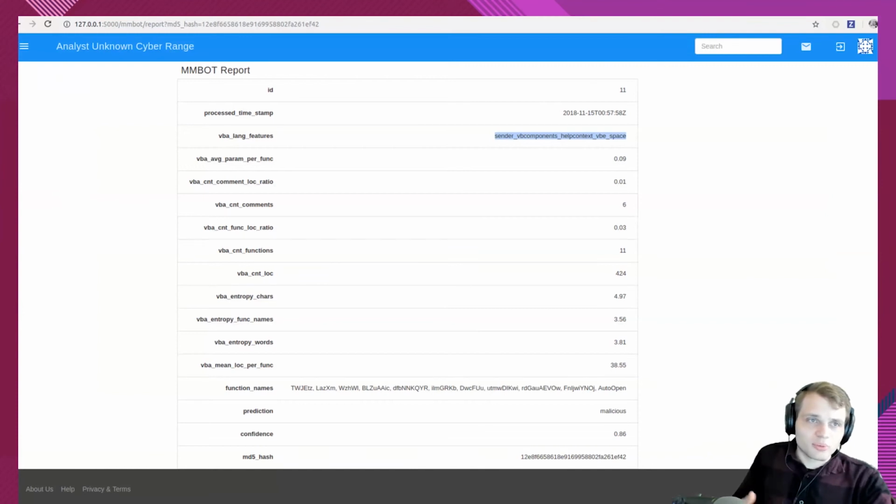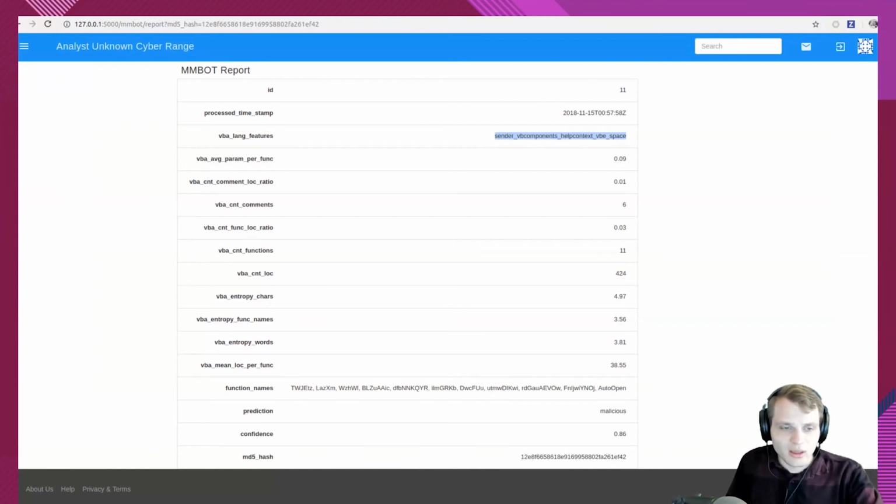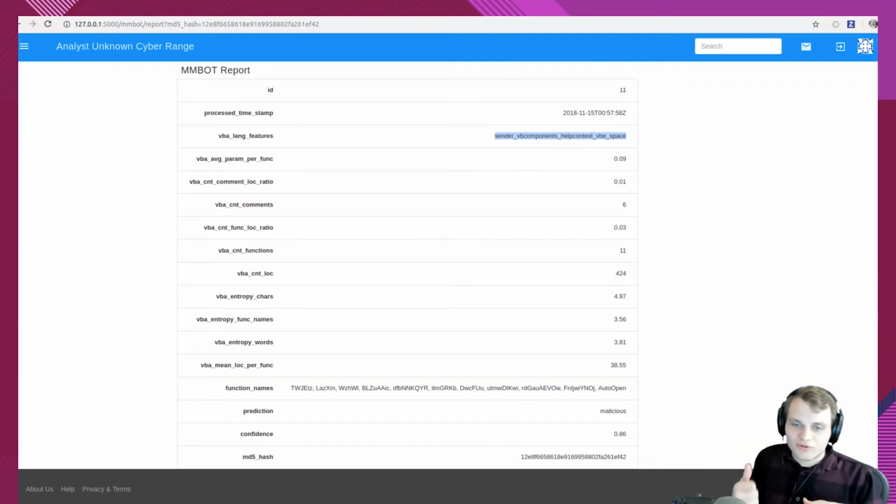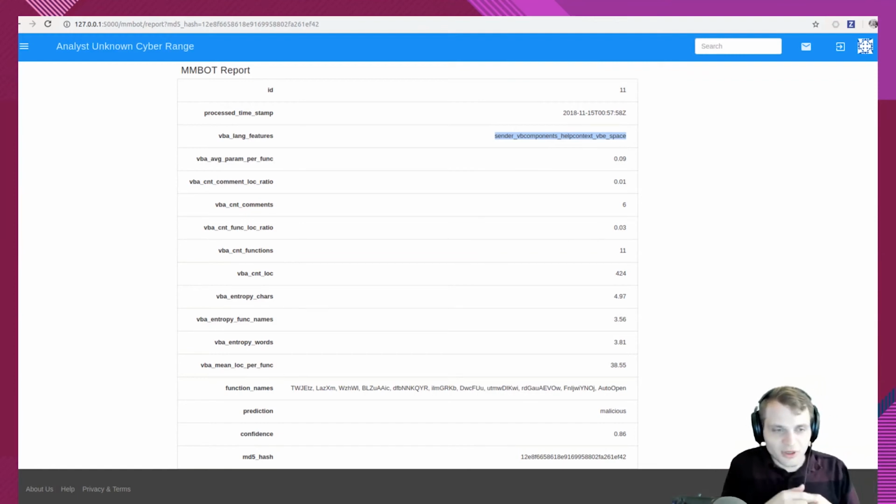Anyways, there's some other plugins that can assist you, like MMBot. This is a plugin that is a malicious macro bot. It shows you some basic stuff about macro-enabled Word documents, or Office documents, I should say. So you can see some basic information about it, which functions it's using, whether it thinks it's malicious or not. This was very helpful for me when writing YARA rules, just because it actually detects on a lot of stuff that AVs don't hit on, just because people are using very obscure function names and stuff,